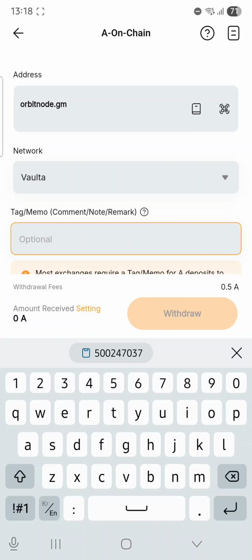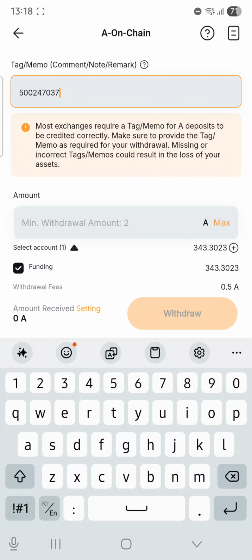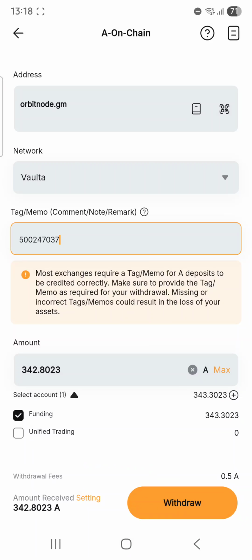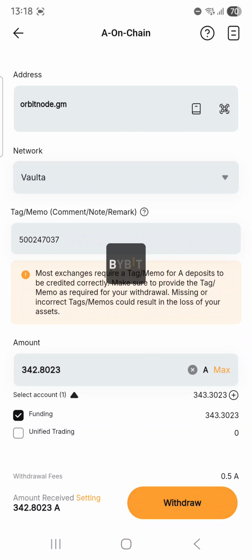Remember that we copied it earlier, and my work is just to paste it successfully just as I have done. And to remind you once again, the memo is very important because this is what will be used by the company to send back to you your profits. I will proceed to the amount and input the maximum amount. So I will confirm everything from the address, which is orbitnode.gm, to the network Vaulta, the memo correctly pasted, and the amount, and proceed to withdraw